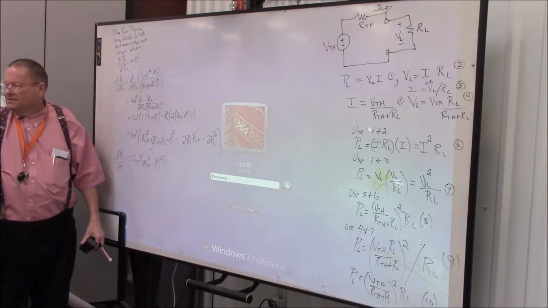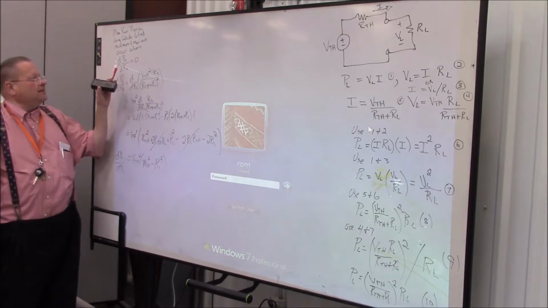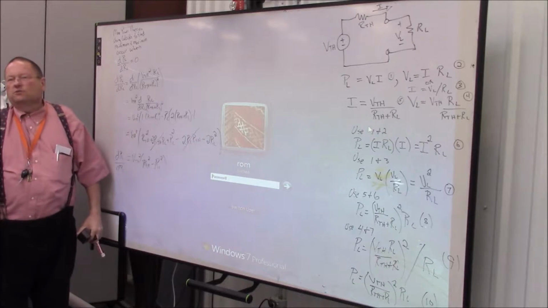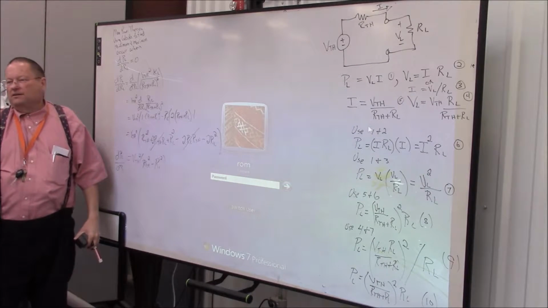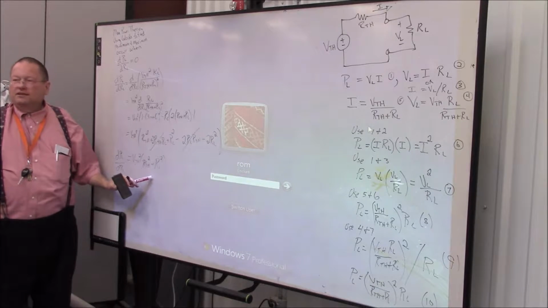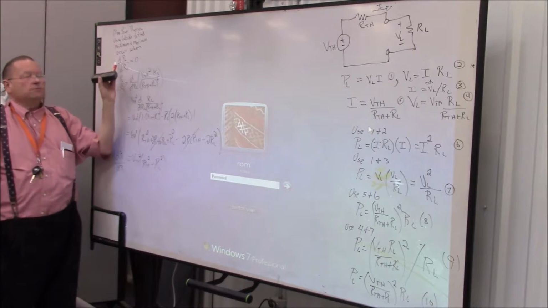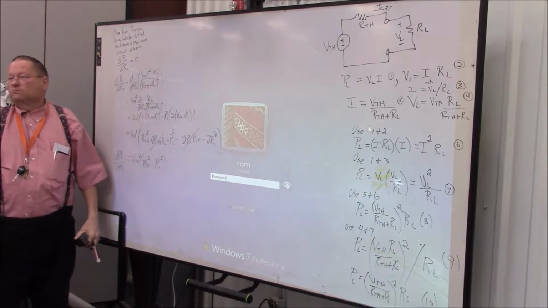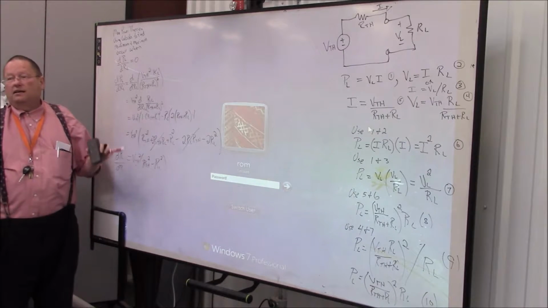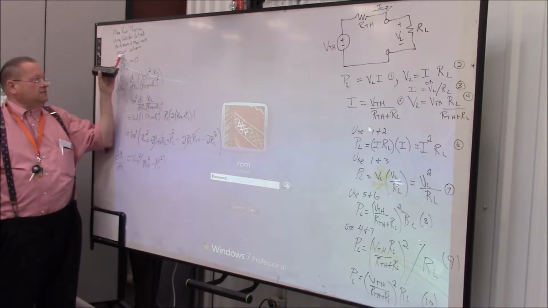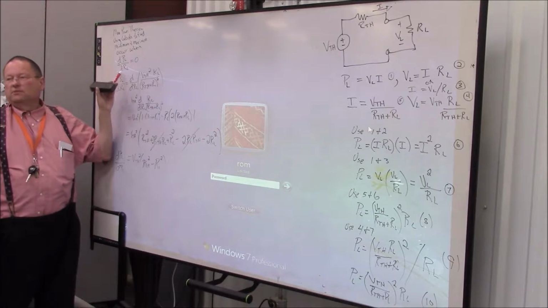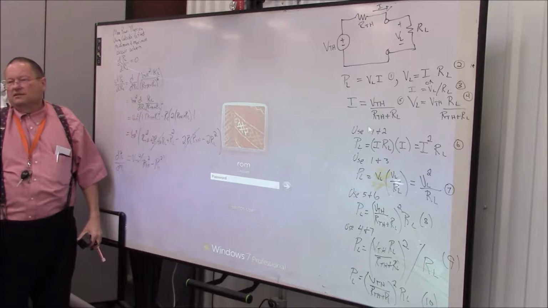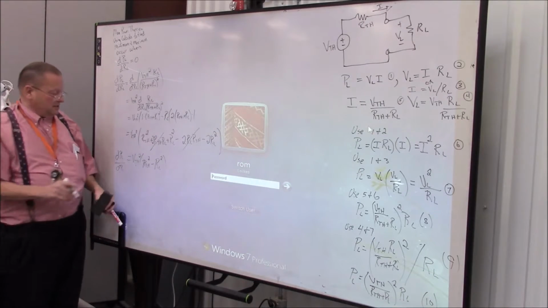Yeah, what's the thing that I'm talking about finding? The maximum power theorem basically says, what value of RL gives me maximum power? So what value of RL, and like I said, from calculus, we have the maximum power theorem, or actually I can't remember the name of it, but there's a name for that theorem that's basically how to find the maximum. And so if you take the derivative of the function with respect to the thing you're trying to find,